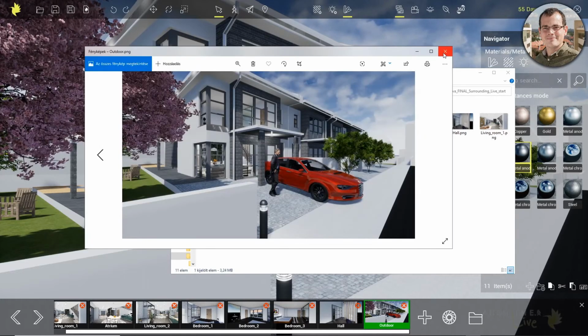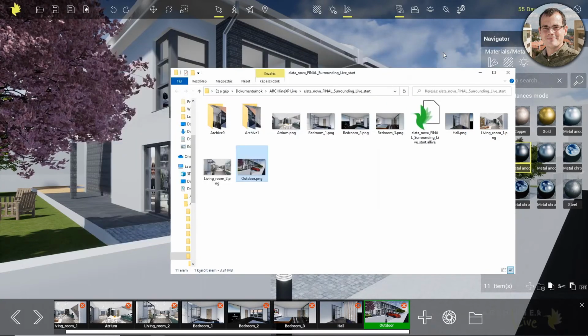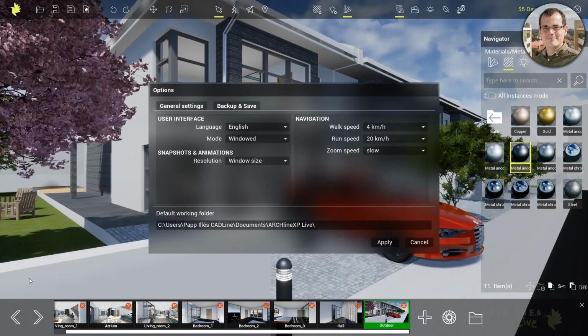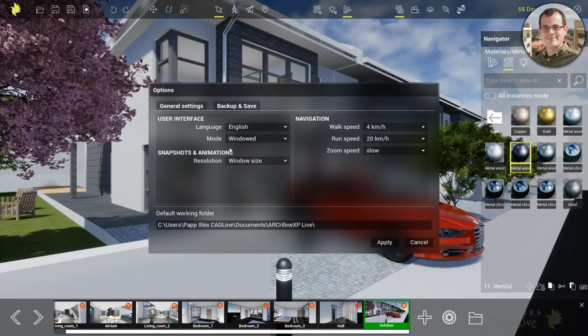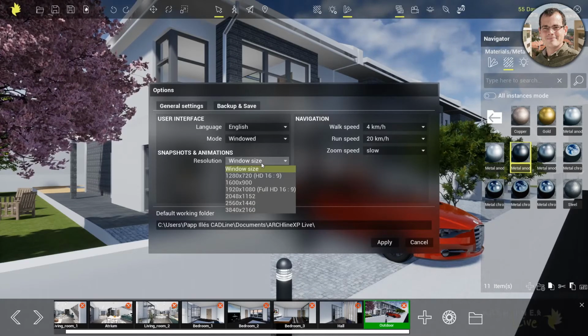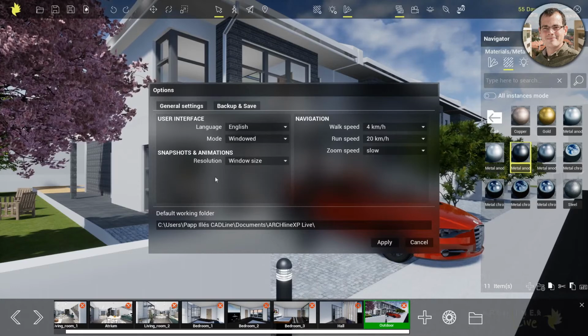That's right. So that's the end result, what we are looking for. That's now something I would be proud to send to my clients. The initial stage, I wasn't sure about that. Another thing we have to get right is, by the way, where you can, I almost forgot, where you can set up the resolution. So if you want to set up the resolution for the images that you are exporting,